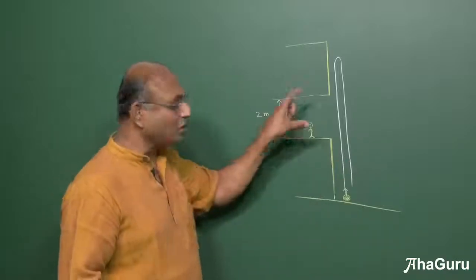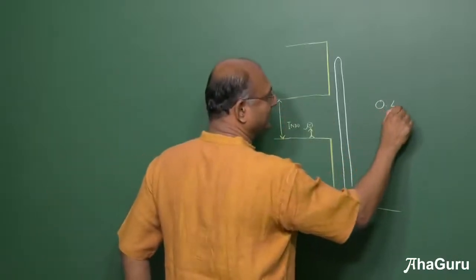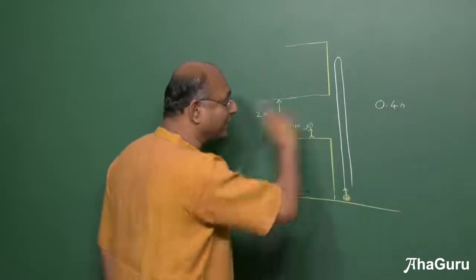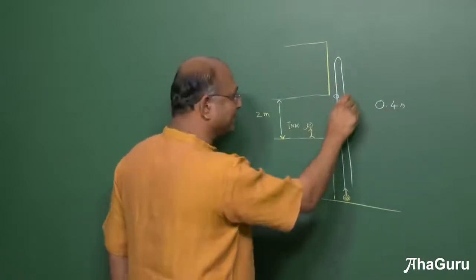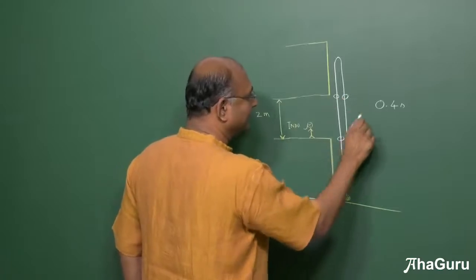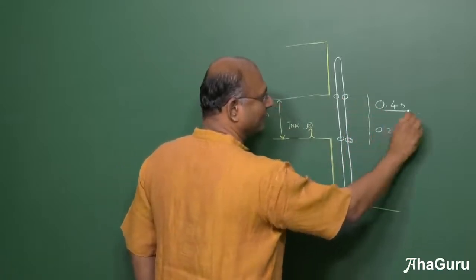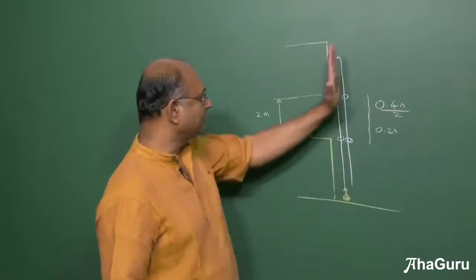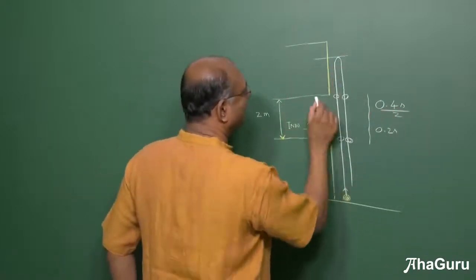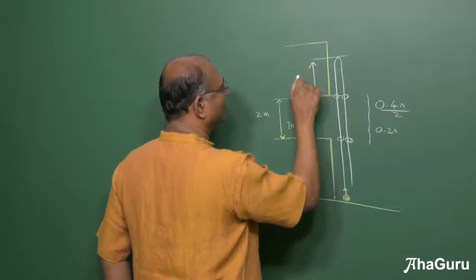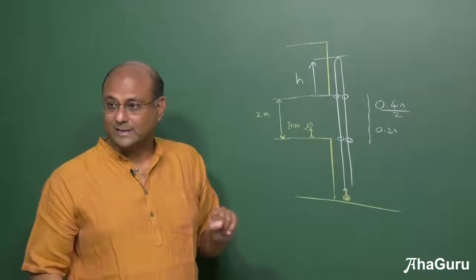And we know that Indu saw this for 0.4 seconds. So let us say that this is something that Indu is seeing for 0.4 seconds totally. Which means she would have seen for this part 0.2 seconds, and for that part, she would have seen it for 0.2 seconds. 0.4 seconds by 2. Okay. And we want to find out the height above the top of the window that the ball rises up to. We want to find out what this height is.